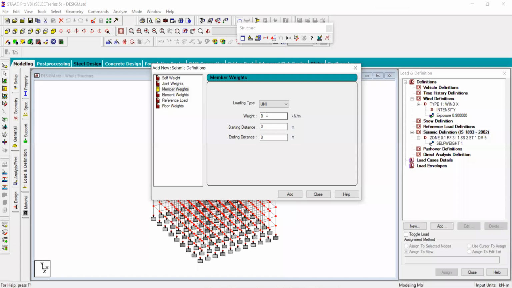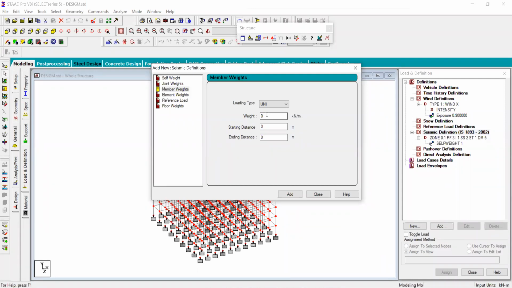And if the wall is a half brick wall, its width will be 115 mm. Say the height is equal to 3 meters, the depth, meaning width, is equal to 0.115 meters, and take 1 meter as length. It will give the volume of the masonry. You multiply this by 20 kilonewton per meter cubed. It gives the total load per unit meter length.